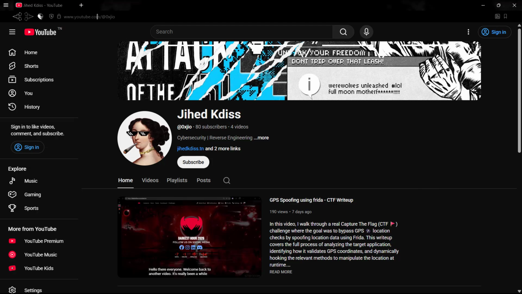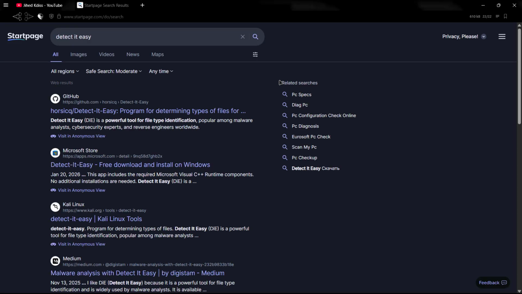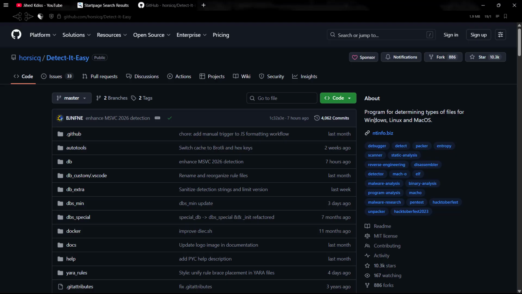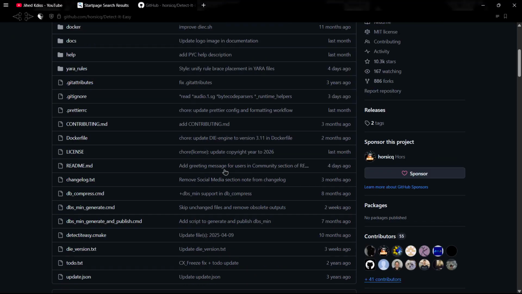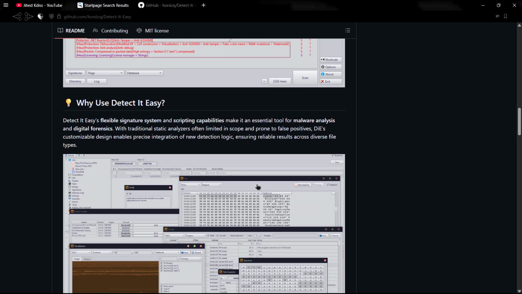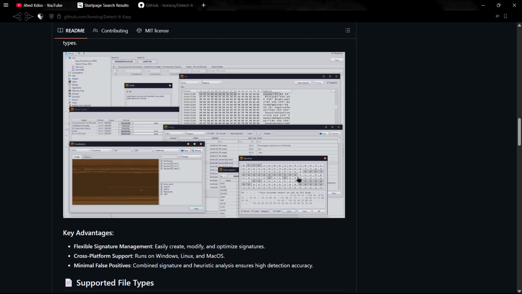Anyway, so let me show you Detect It Easy really quick. Detect It Easy. Let's go. Start page. Okay. Detect It Easy: program for determining types of files for Windows, Linux, and Mac OS. This is a really famous program. This is a really famous tool or toolkit that is full of